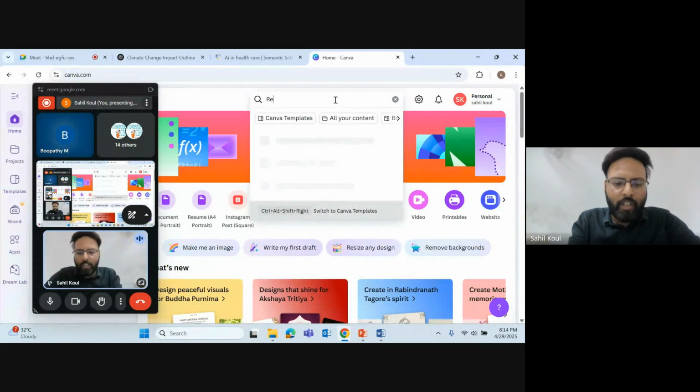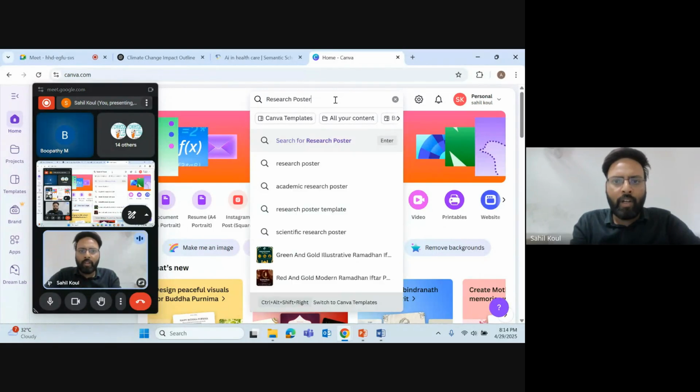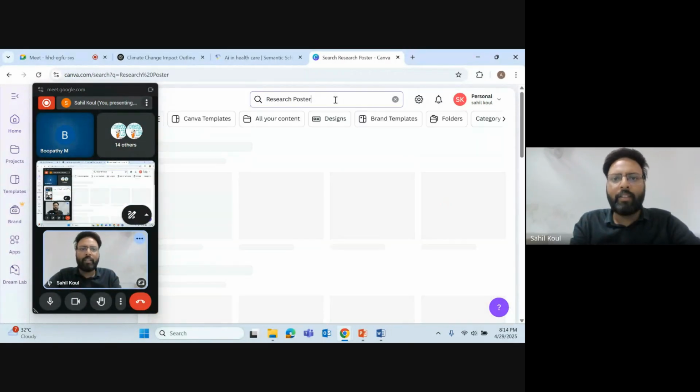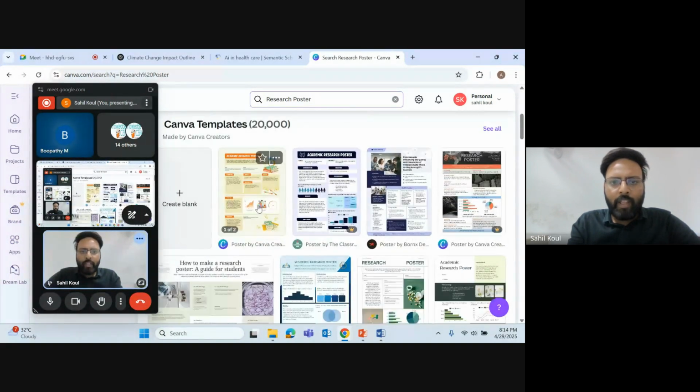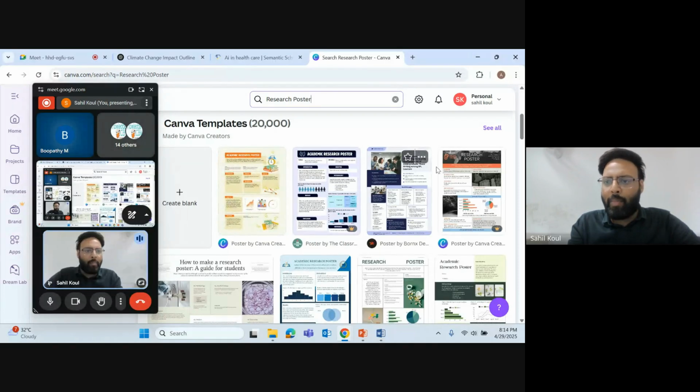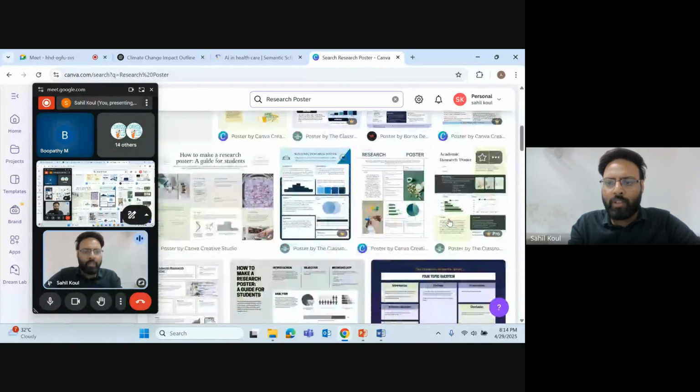We will search research poster, all right, and enter. As simple as that. It gives me templates of different research posters.